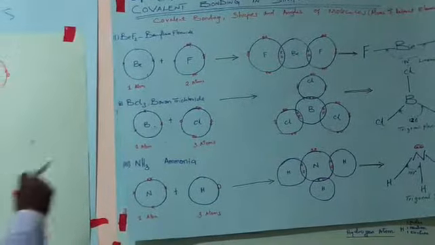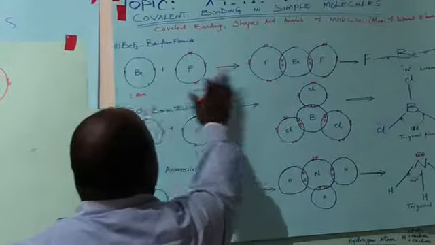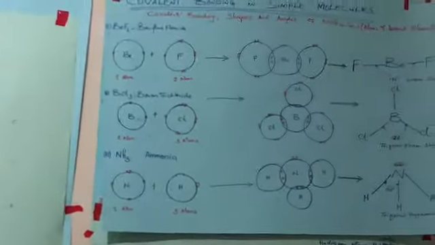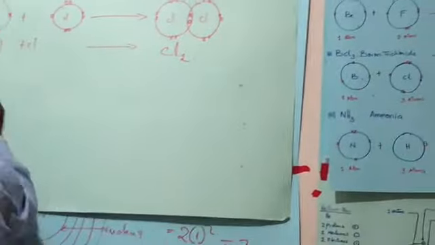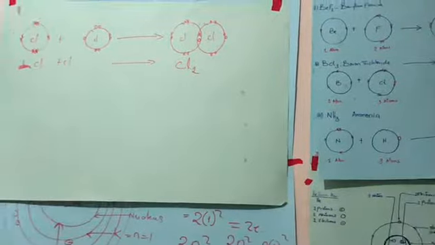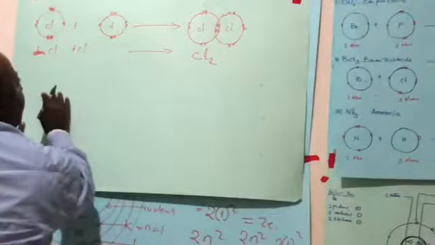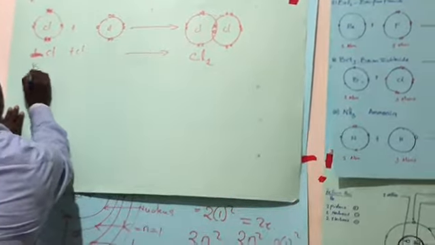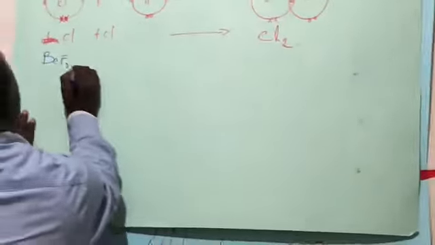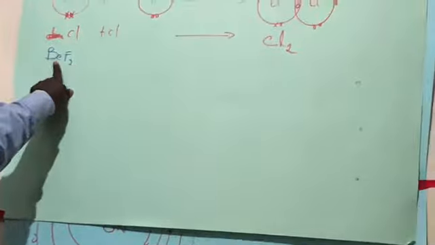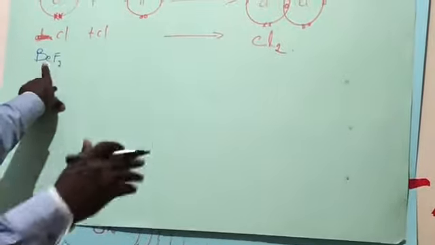Take for instance beryllium fluoride, BeF2. There are more than 2 atoms involved: 2 atoms of fluorine and 1 atom of beryllium. What do we do? The first